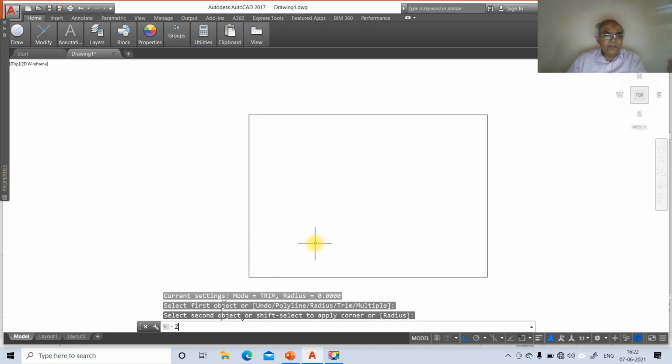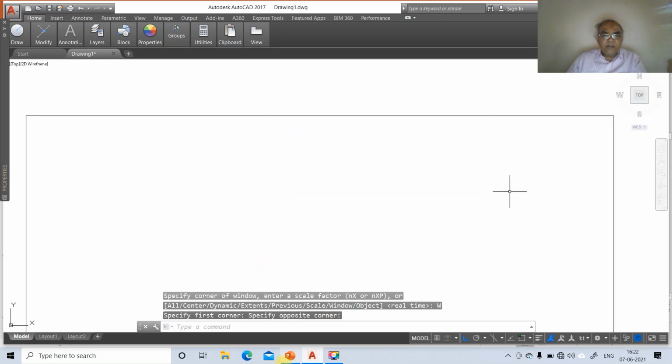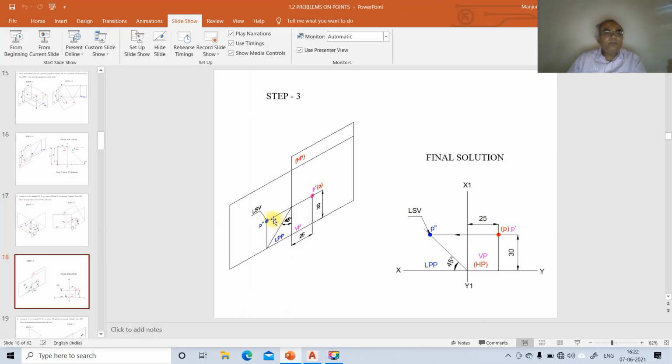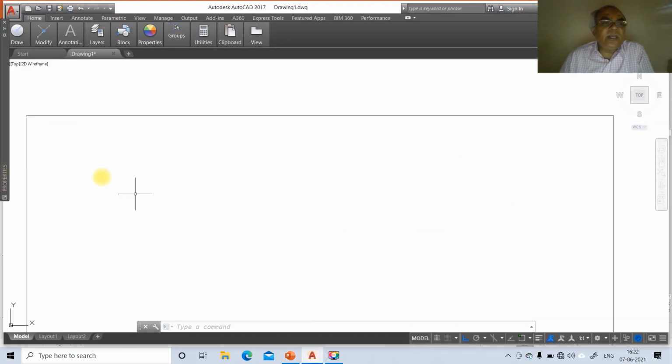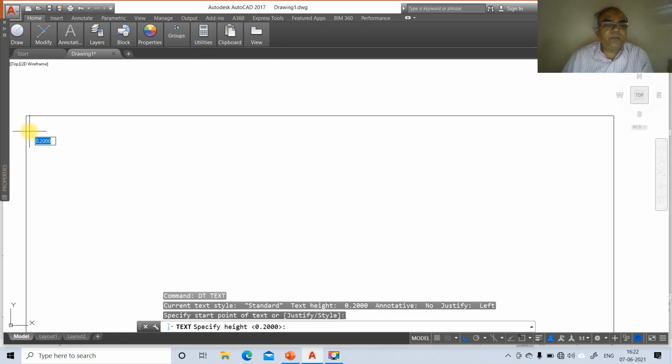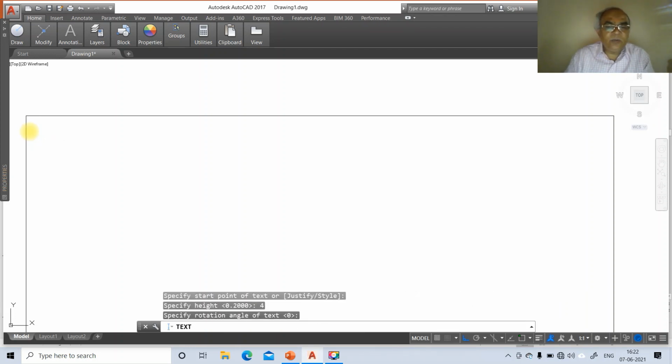Now we will go for zoom window. Now we will type the problem. The problem is: a point is 30 mm behind VP, 30 mm above HP. So here go to dtext, take the height as 4, rotation angle as 0.